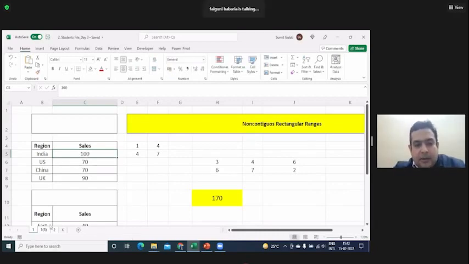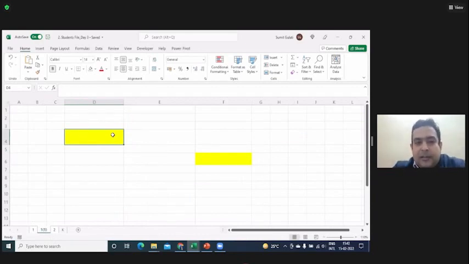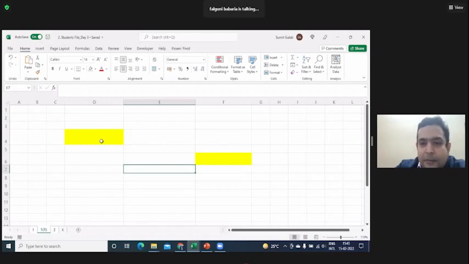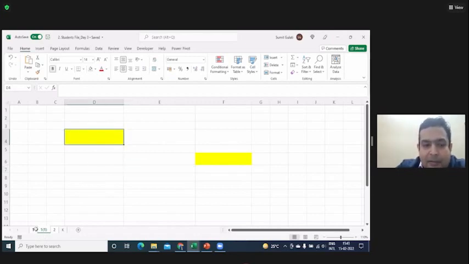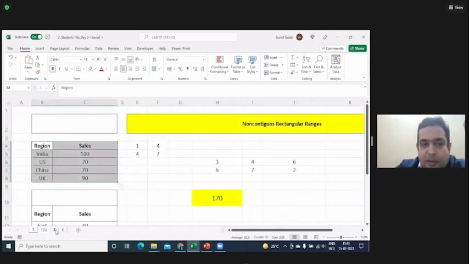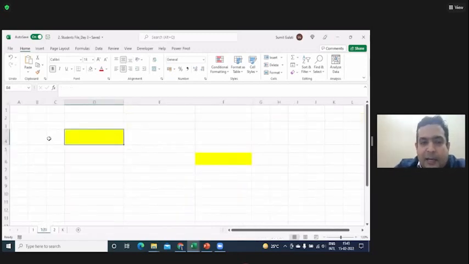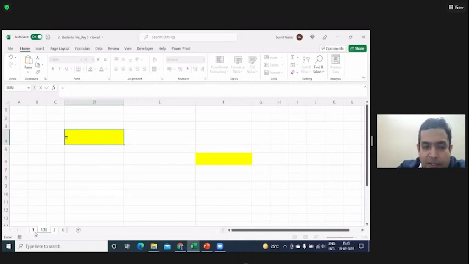Okay, let us do this together. Falguni, come to sheet 1. This is my master data and I'm doing some analysis. I want the addition of my India and US sales to come out here. So I say equal to, I go down to this sheet 1, where the data is, and click on this worksheet.